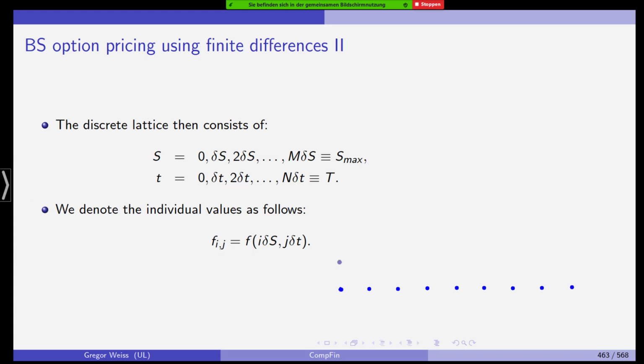And then we have 0, 1, 2, 3, 4, 5, 6, 7, 8 potential stock prices. And then obviously for every combination of stock price and point in time, we have a point